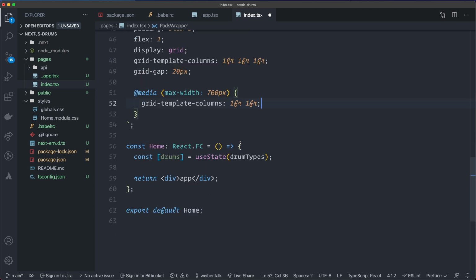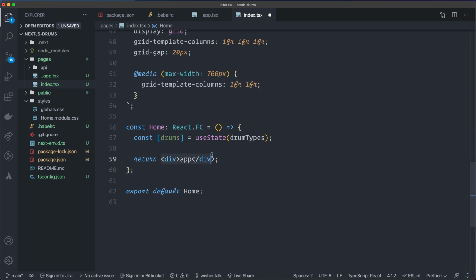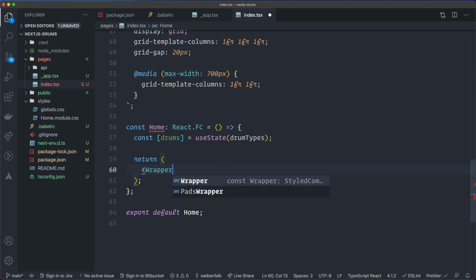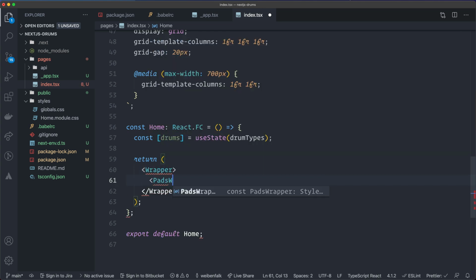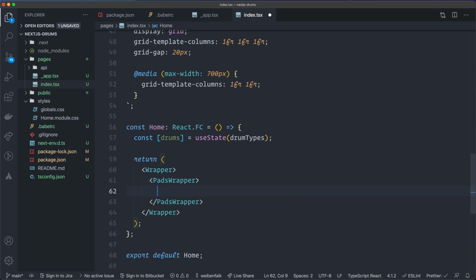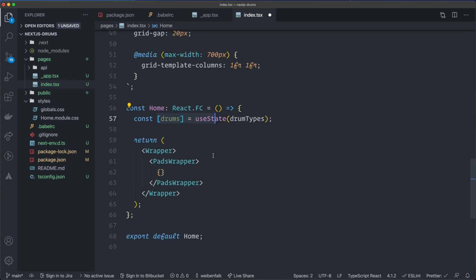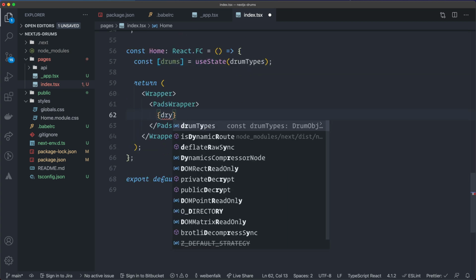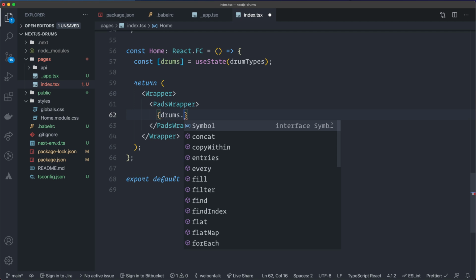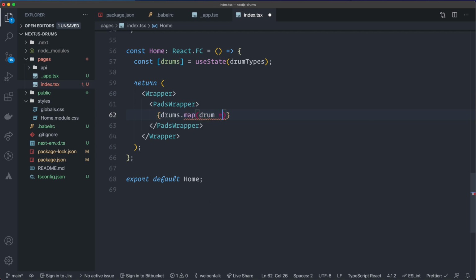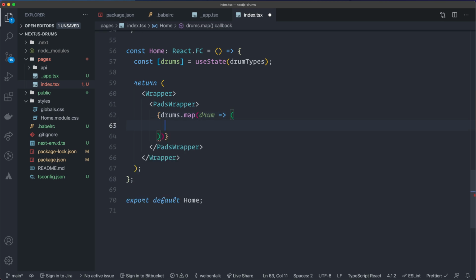We can move back down to our JSX. And instead of this one here, I'm going to wrap it in parentheses. We have our wrapper, and we have our pads wrapper like this. And then we can map through our drums, and we have them in the state up here that we created. So drums.map, and we have a drum. We have an inline arrow function. We can make an implicit return, so we have parentheses. And then we're going to have our drum component. But for now, we can have a p tag, for example, and we type out